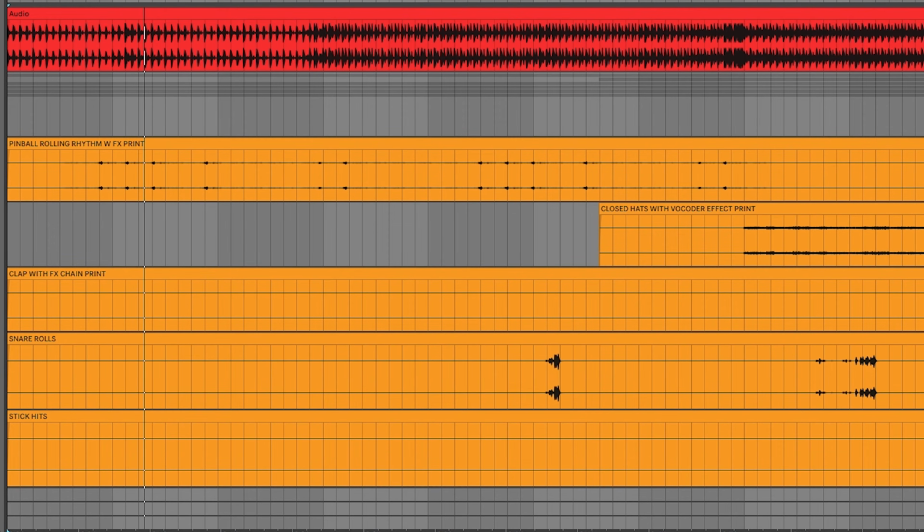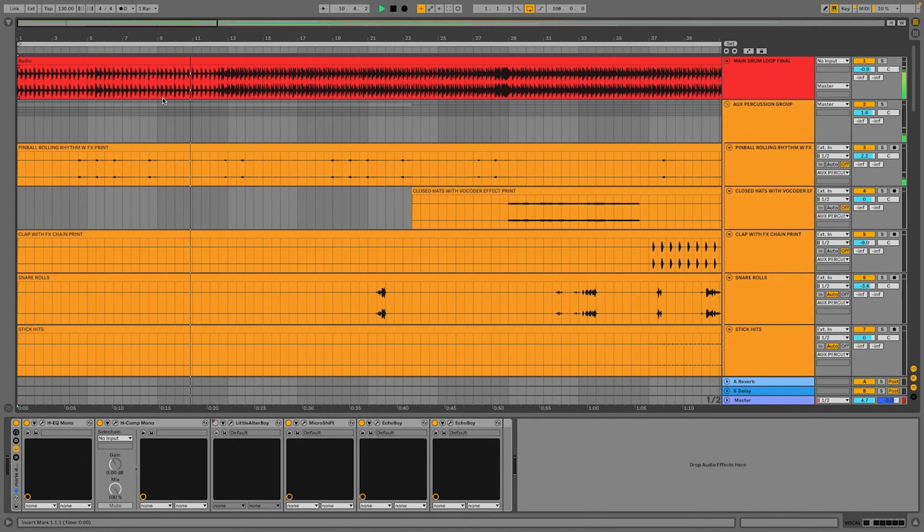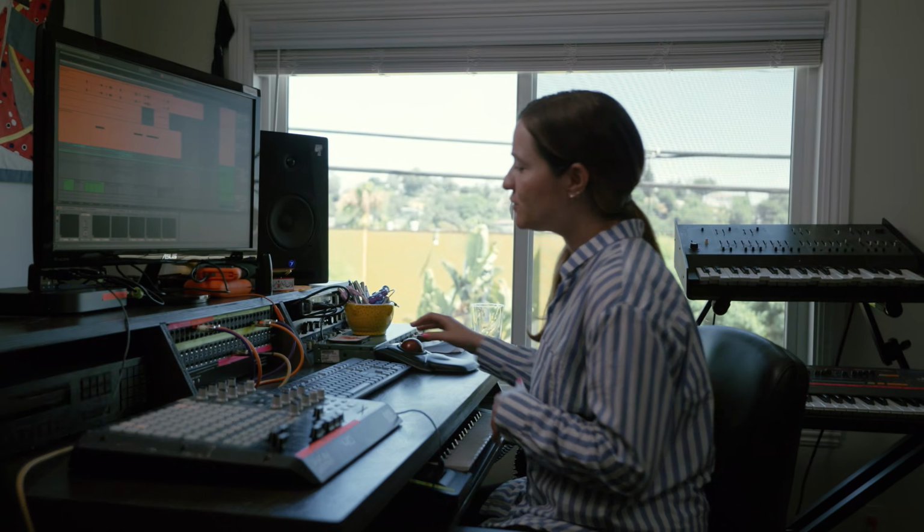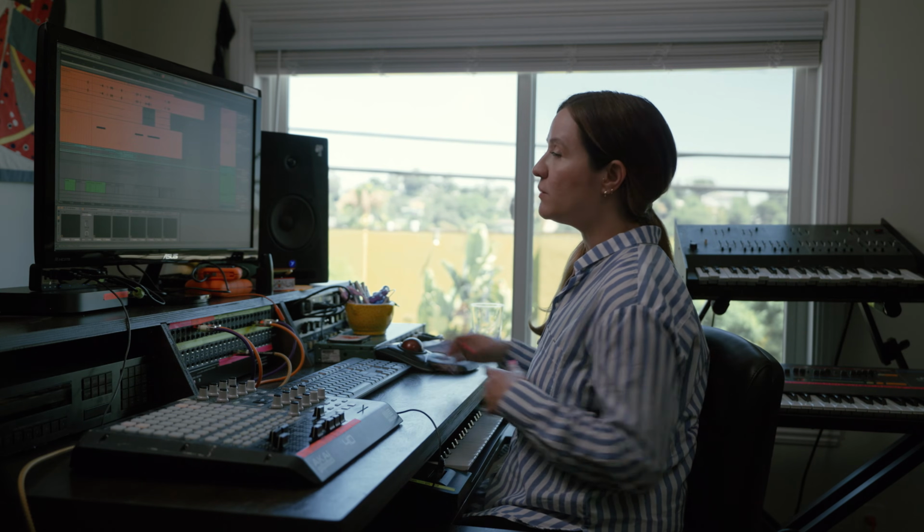So yeah, I just added some effects to the sound of the closet door rolling. I thought it made for a really nice texture on the drums and just made it a bit more interesting. See, I really like that sound. Those sorts of intimate sounds that are happening in my room or in my studio, being able to blend those into the track helps me to connect with the music and makes it joyful for me.